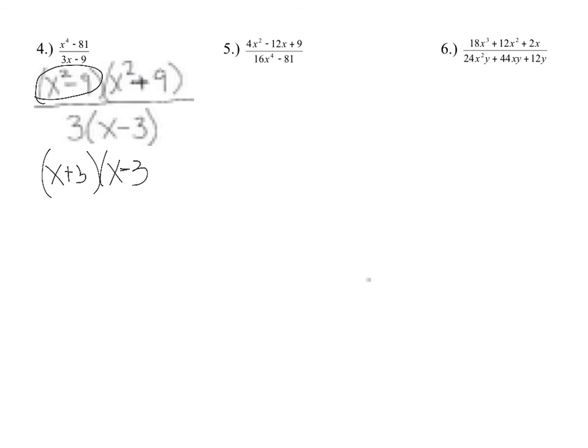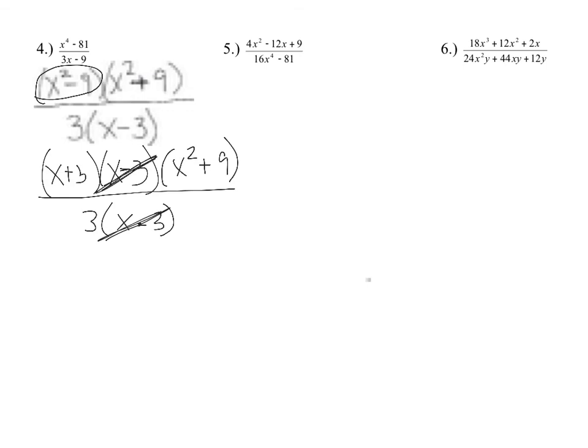Now we can't break up x squared plus 9, right? Because we learned that x squared plus 9 doesn't work because it's addition. You can only break something into a difference of squares if it's a perfect square minus a perfect square. So x squared plus 9 we can't touch. The bottom stays 3 times x minus 3. And so now we do have some common factors. This x minus 3 at the bottom will cancel out the x minus 3 at the top. And then what you're left with is x plus 3 times x squared plus 9